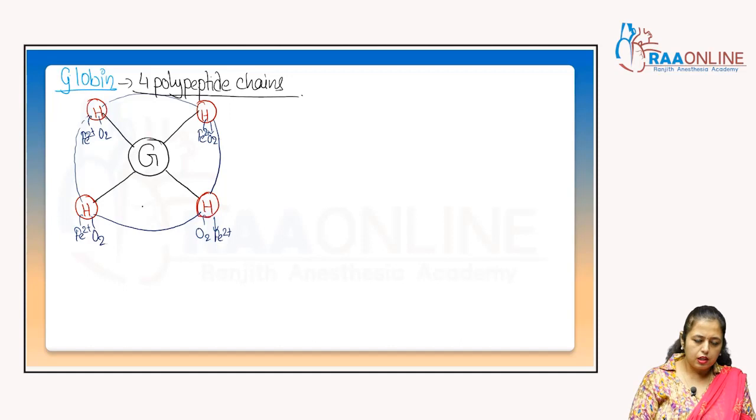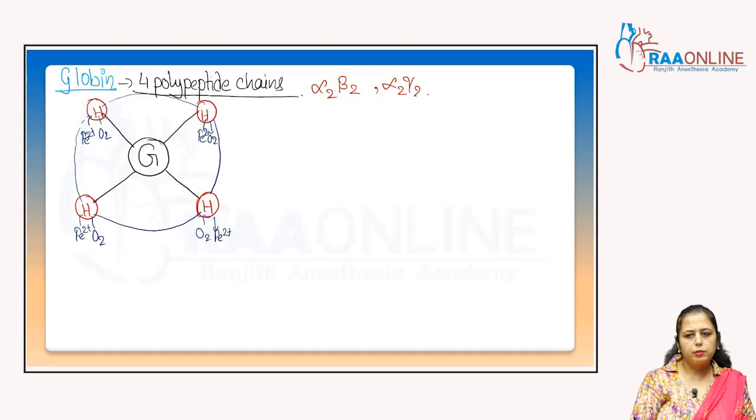And globin is made up of 4 polypeptide chains, right? 2 alpha and 2 beta in adults, alpha 2 beta 2, and in fetus alpha 2 and gamma 2. Clear? So this is all about the